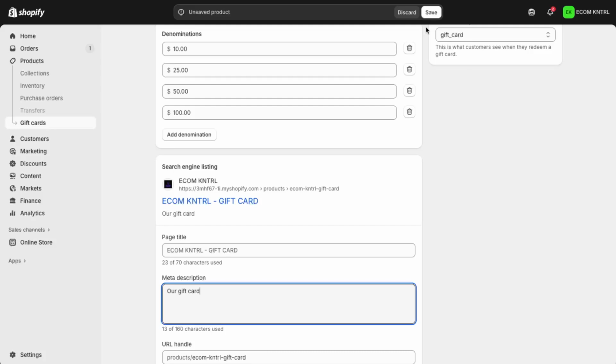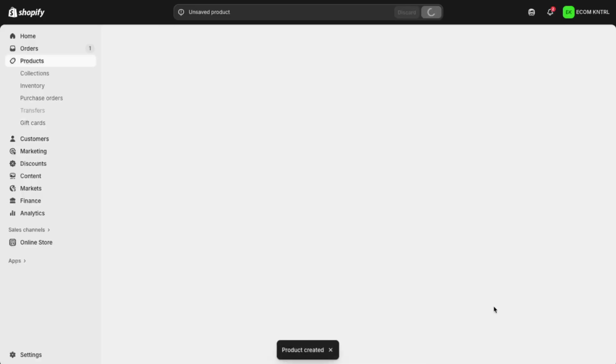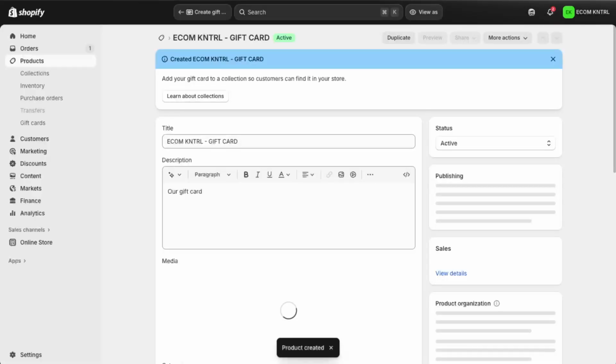When you're happy with everything, go back to the top or bottom of the page and click Save. Shopify will create your new gift card product, and it will be ready to add to your store's collections or navigation so